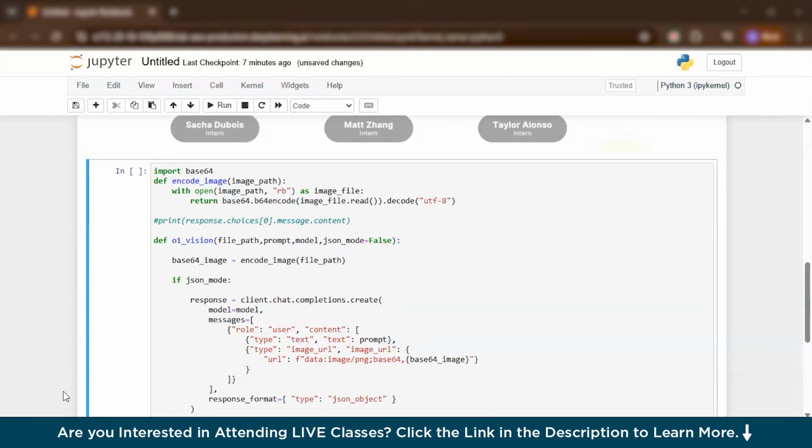The main function O1 Vision is designed to send both an image and a text prompt to an OpenAI Vision enabled model like GPT-4o. It first encodes the image using the encode image function. Inside the function it checks whether JSON mode is true or false. If JSON mode is true, the response will be requested in the structured JSON format using response format, type, and JSON object, which is useful for extracting structured data from the model's reply. If JSON mode is false, it simply sends the prompt and image together and expects a regular text response